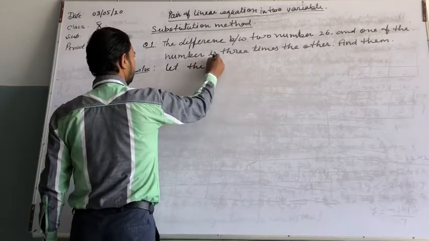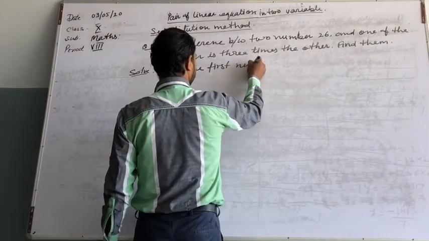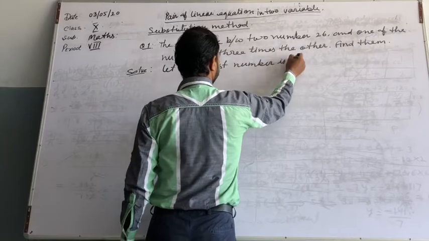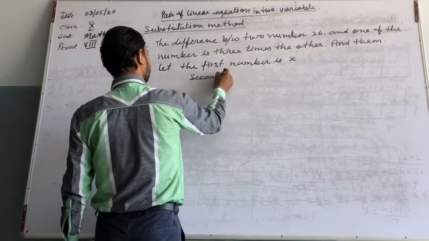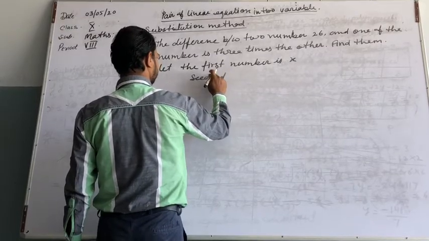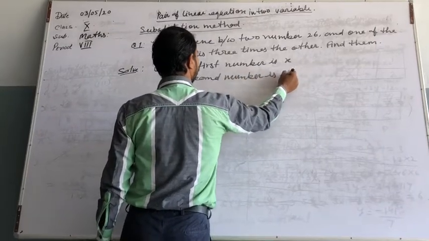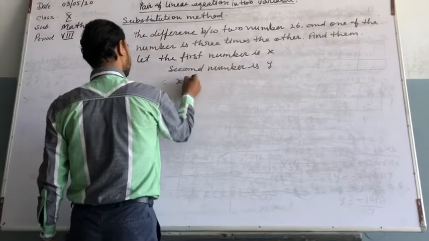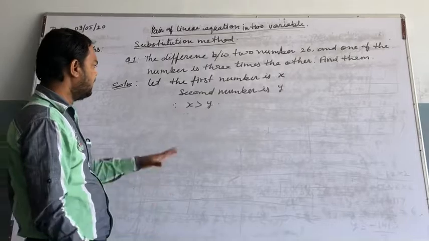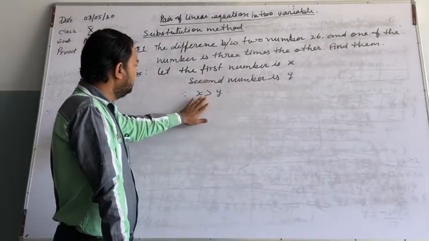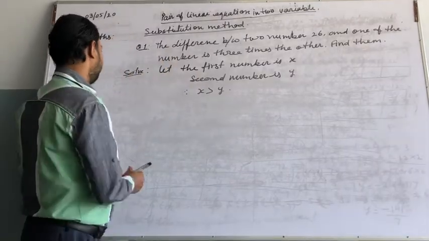let the first number be x and the second number be y. Let x be greater than y. We have two numbers, x and y, and we assume that x is greater than y. Then the first condition is,